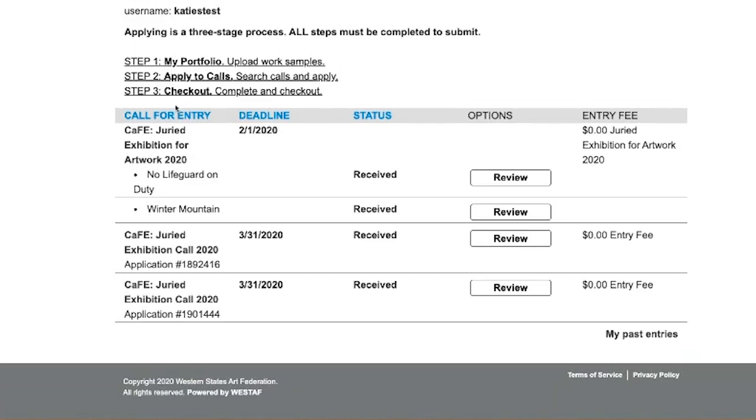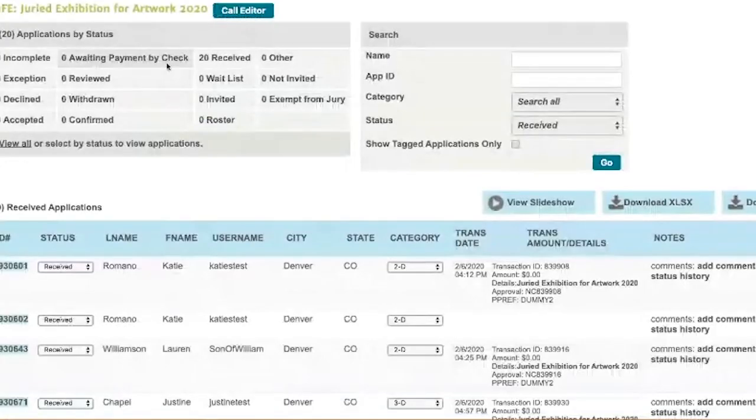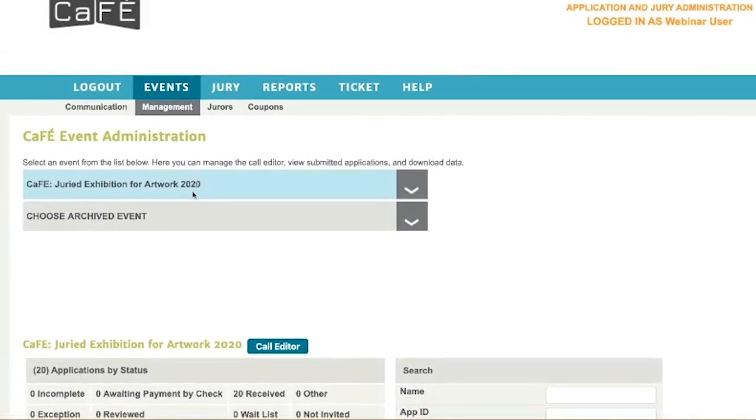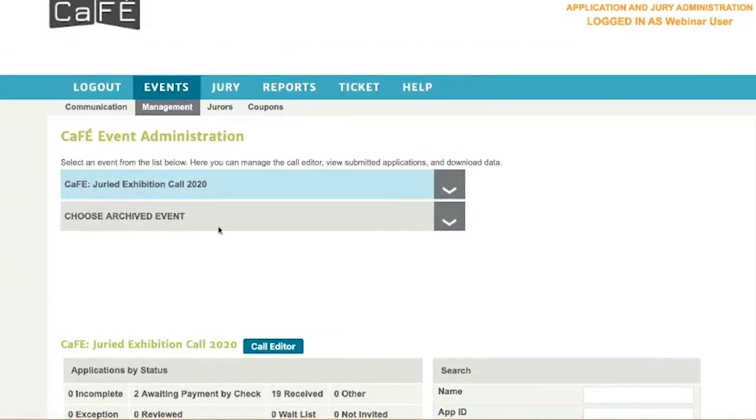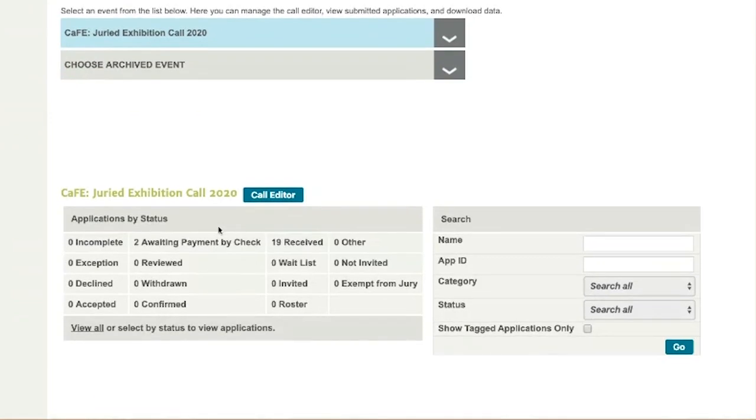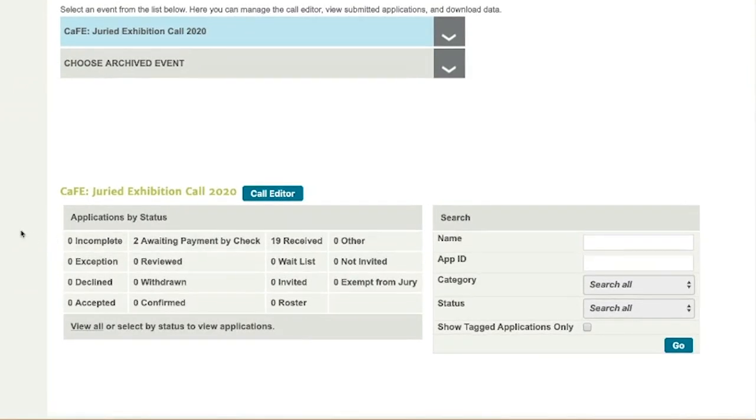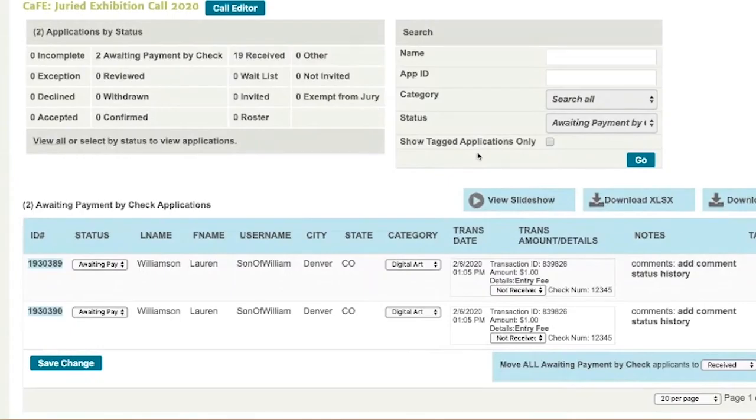All right. So while almost all submitted applications appear in the Received status on the back end, I'm going to switch back to our other call. There is one exception to this rule. If you accept check payments for your entry fees, and if an artist selects this payment method at checkout, the application will appear in the status called Awaiting Payment by Check. So again, if an artist selects this check payment at checkout, they will appear in the Awaiting Payment by Check